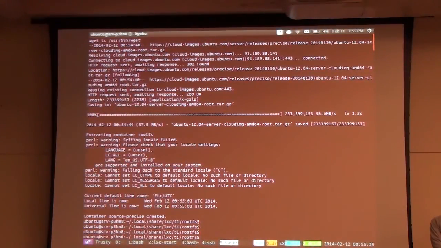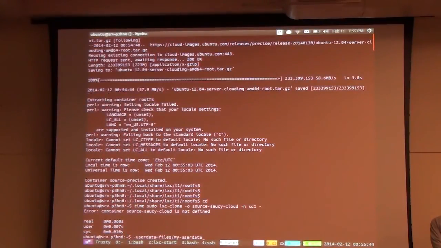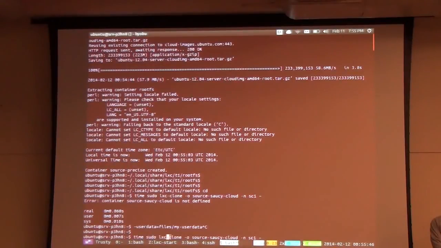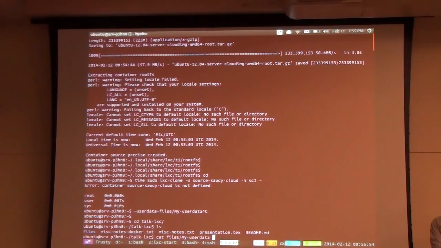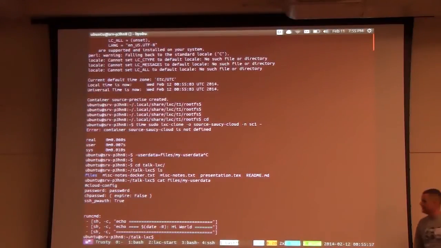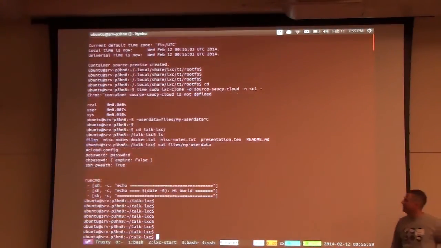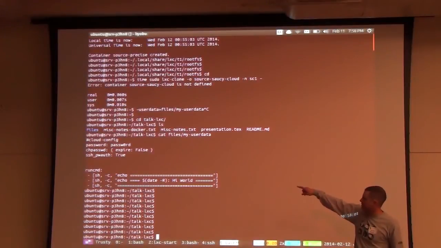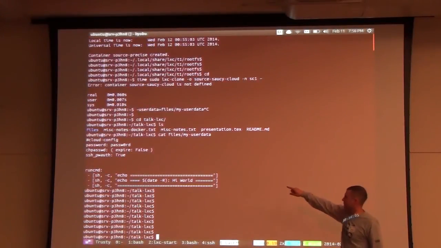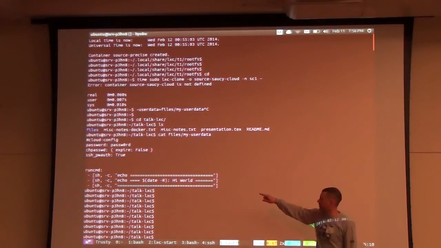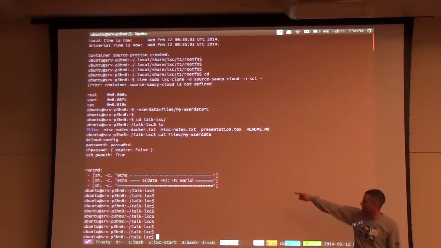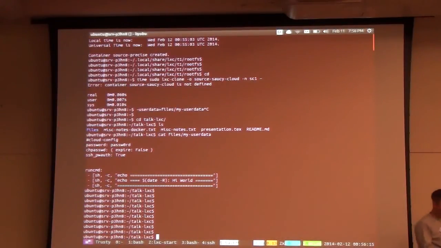Okay, so it's going to, so now, let's see. This user data is just a file in Cloud Init syntax. It just says set the default user's password to password with an O, don't expire it, allow SSH password auth, and then run these commands. So now I can say